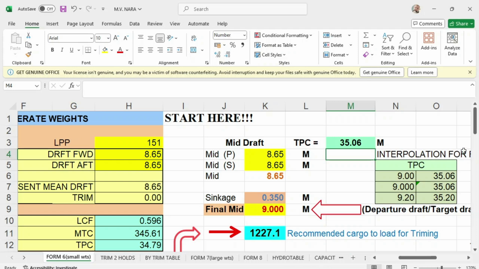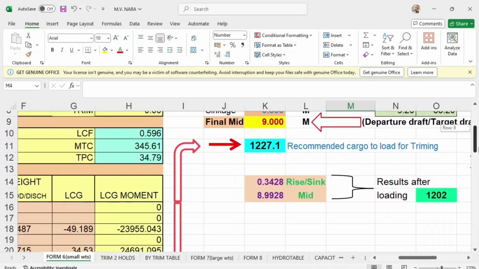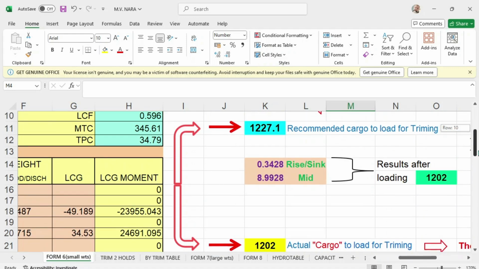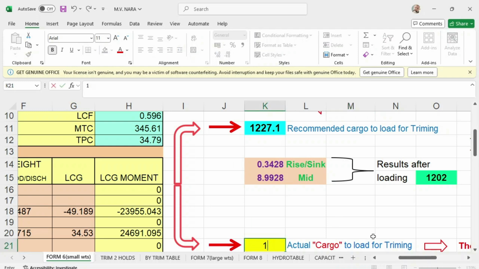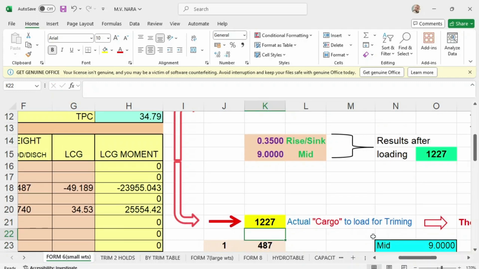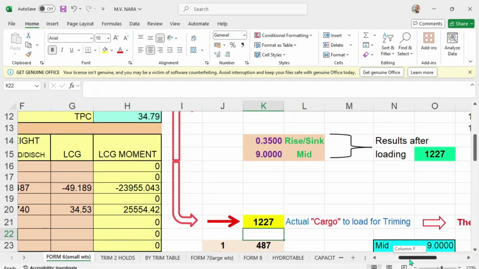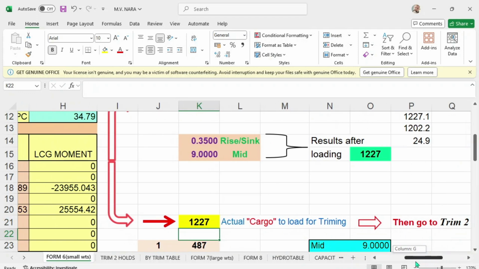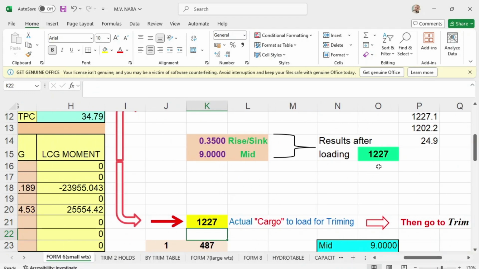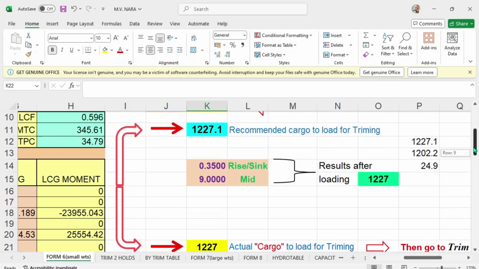So the recommended cargo is 1227.1, so I just put here 1227. Look at it, guys, it is exactly 9 meters here, and your sinkage is 35 exactly.